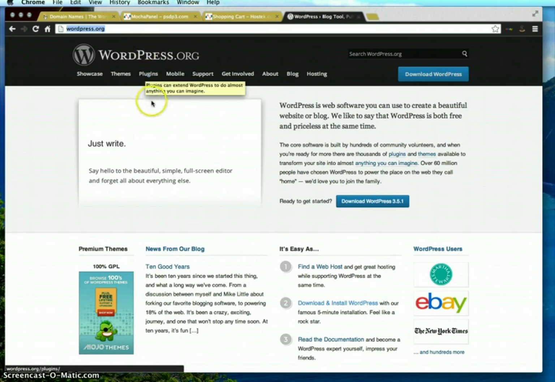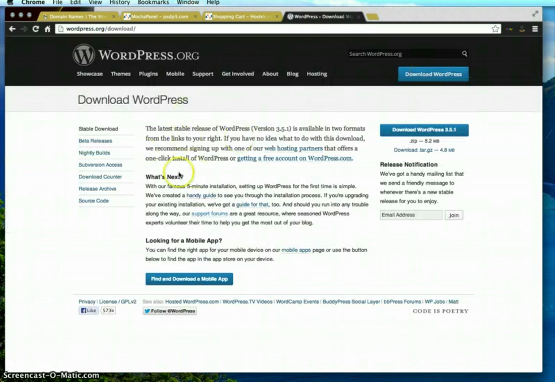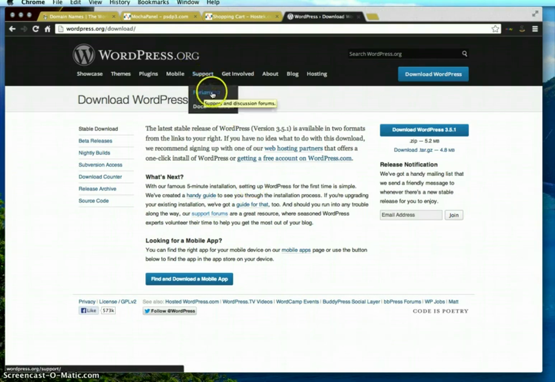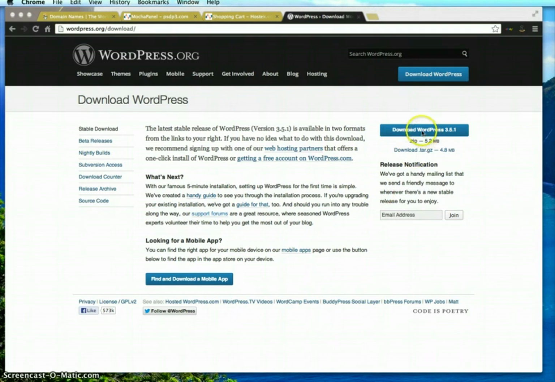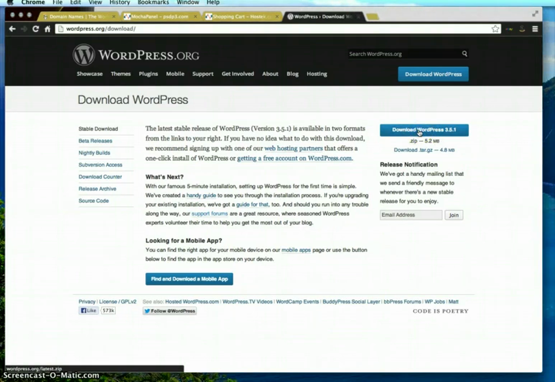So wordpress.org, you want to go down to the button Download WordPress, which is going to take you to another page. And they're probably going to have notes and things like that, and also some support on how to work it, possible problems and so forth. We are going to go ahead and just download the files themselves. So you're going to click Download WordPress. We're at 3.5.1. Yes, like all others, it has the updates. You're going to click the button there,